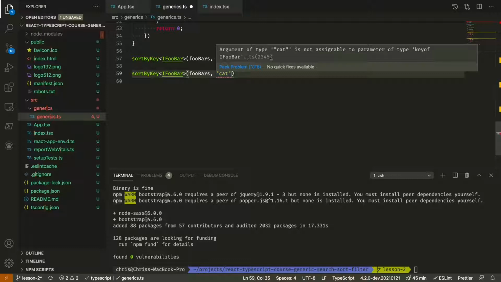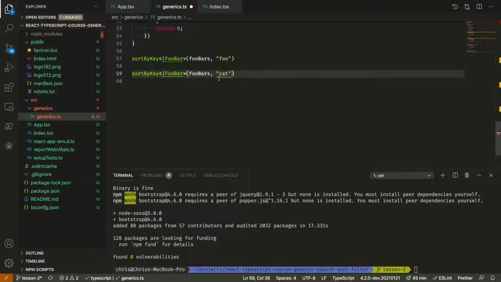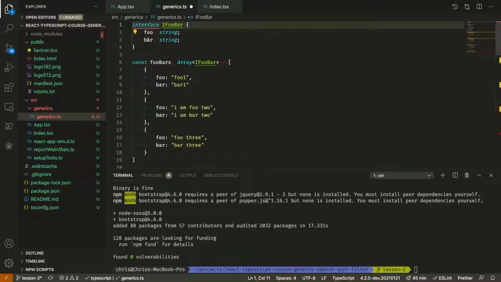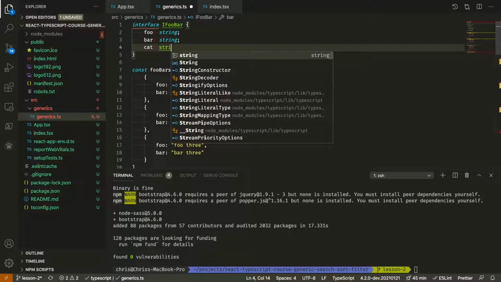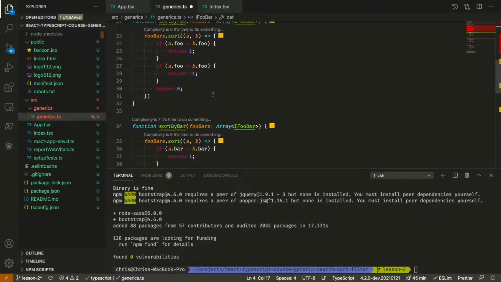It says argument of type cat is not assignable to parameter of type keyof Foobar. So you can look into Foobar, say, why is that? Okay, we only have these properties, foo and bar. There is no cat property. But if there was,